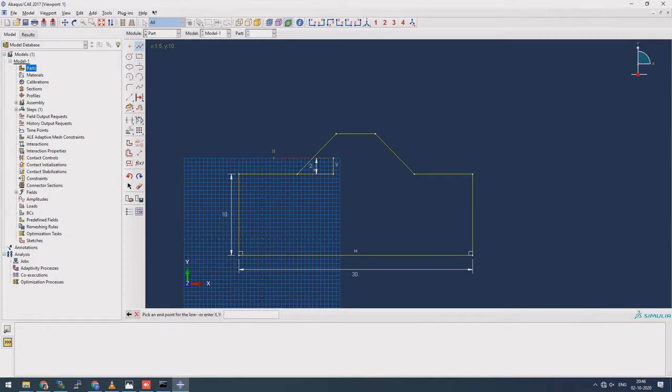I'll draw a straight line, and then I will trim the parts. As you can see, this is the main part we need to trim. Now it will create the line with 2 parts. This is the 2-meter high part, and this is the 3-meter high part. Slant height is like 2 into under root 2, 3 into under root 2, because it's a 45-degree angle, but I'm not concerned with that. I'm going to apply a pore water pressure of some value to here. Okay, I think we are done with the sketch, so let's click on done.